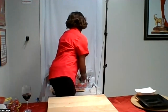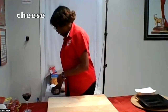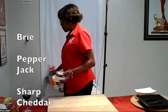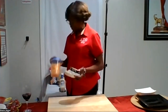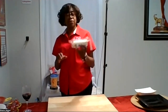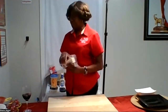We have 3 different variations of crackers. We have cheese: brie, pepper jack, and sharp cheddar. Now, my sharp cheddar I put in cubes. My brie I'm going to cut in pie slices, and the pepper jack already comes in squares, and we're going to arrange them. This gives a little variety to your board, so visually everything doesn't look the